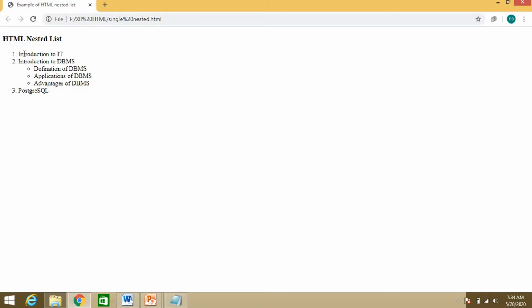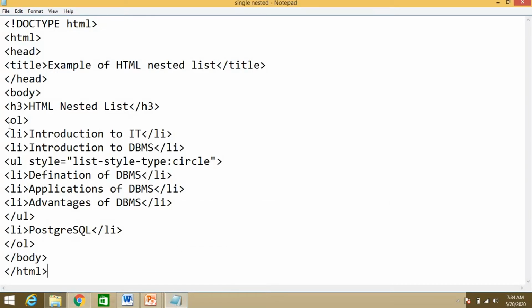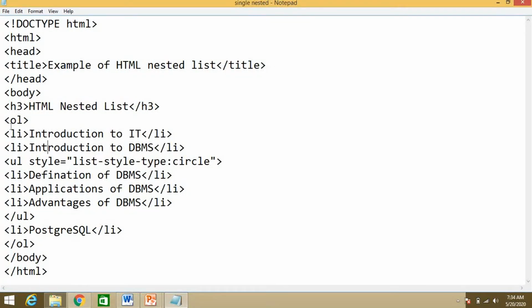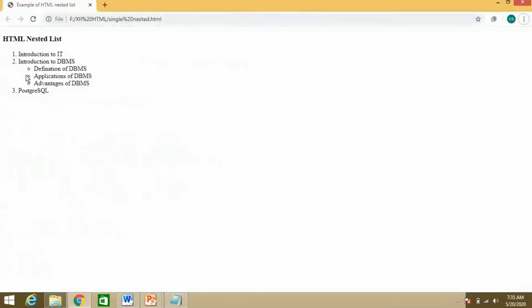OL means ordered list, so automatically it takes numbers 1, 2, 3 like that by default. Whatever you have written in the OL tag: first, introduction to IT, second, introduction to DBMS.